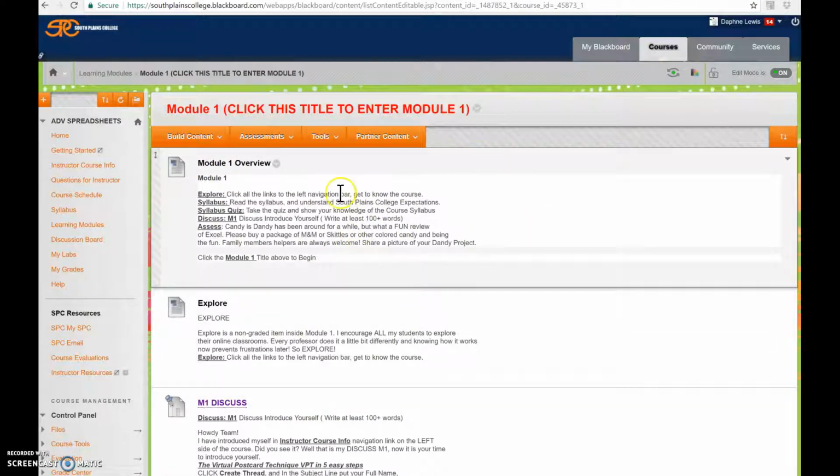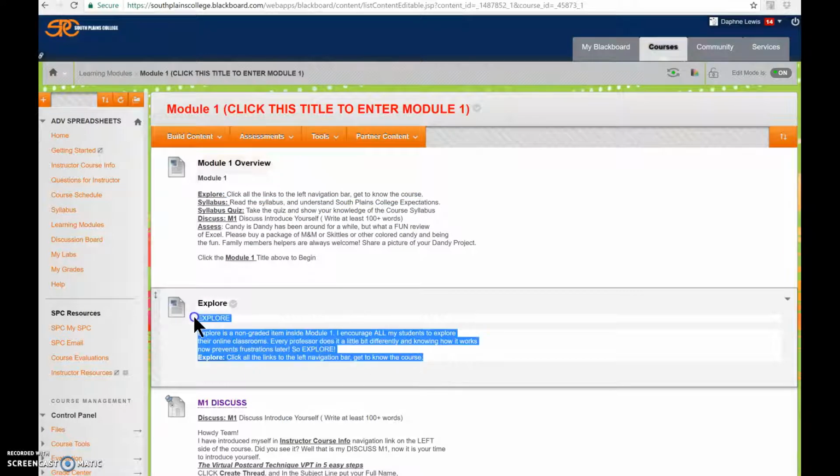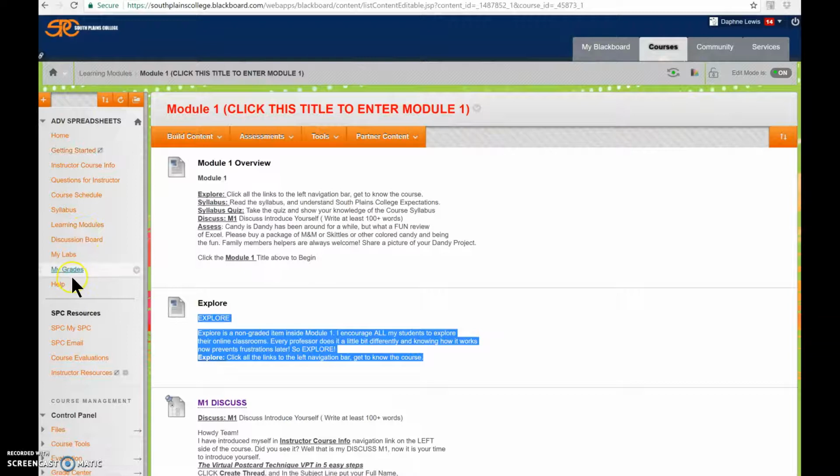I believe in student mode, you'll only see one. Here's a copy of the overview. We have to explore. And exploring means click around the Blackboard environment. Learn where all these buttons go to. Learn that by clicking My Grades, you see what grades are expected in the course and what grades you have